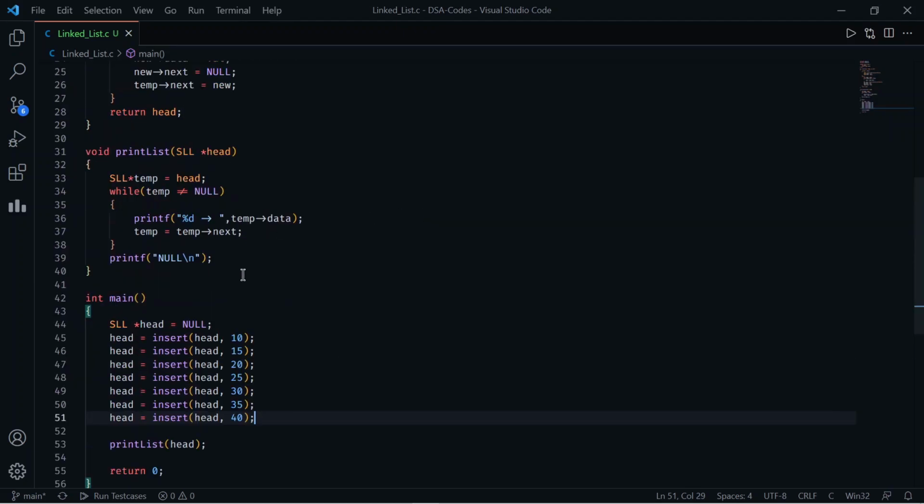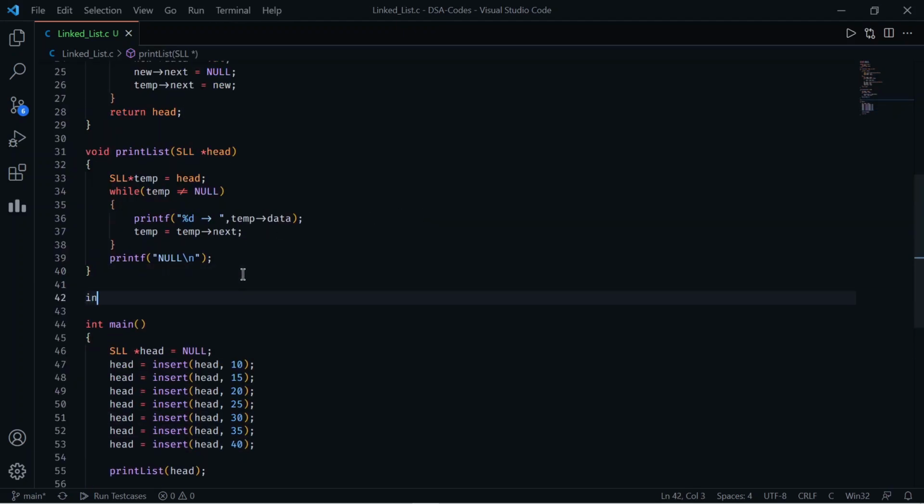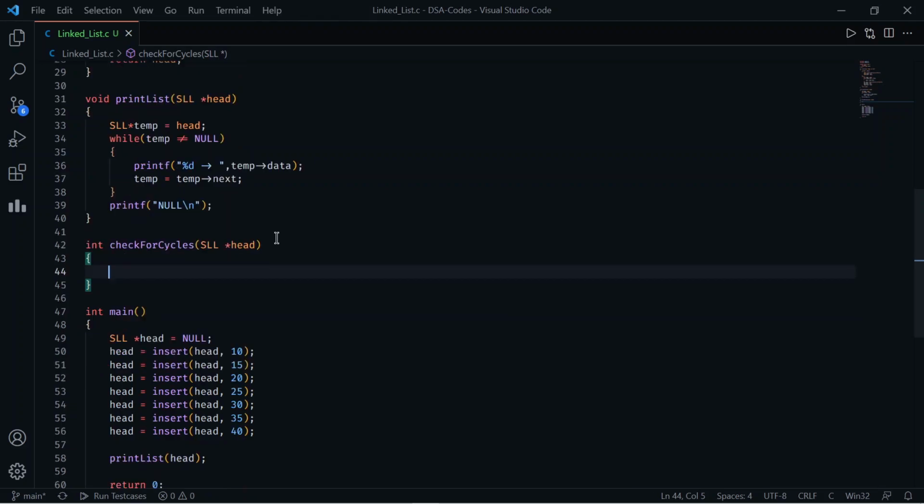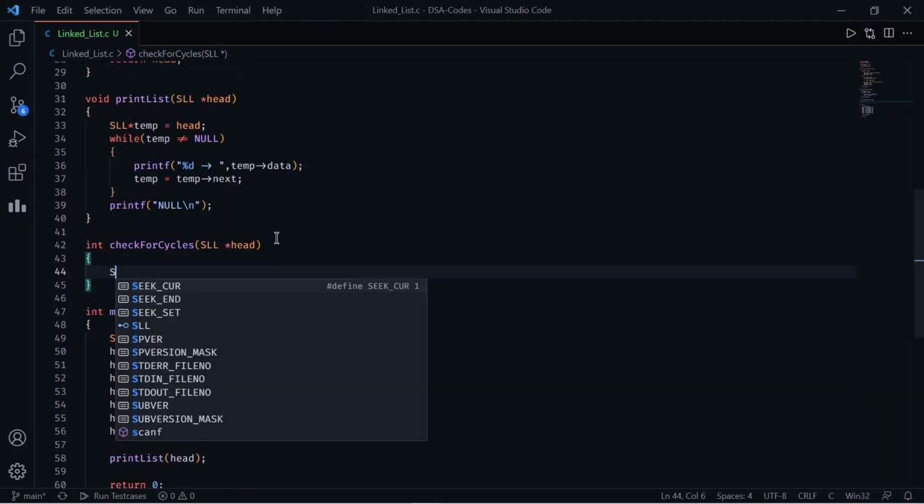First of all, let's create a function to check for cycles, and in this function what I will need is a head pointer. As I have told, we have to create two pointers.